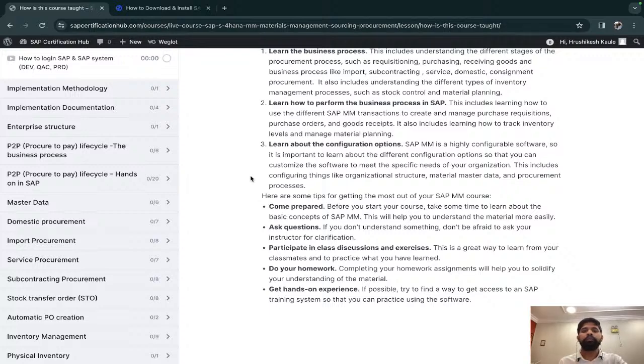The reason is when you are in the session, you will not be able to read it. And after the session, I don't know how much time you will give to this because you have already understood it. So better you read it before coming to the session.